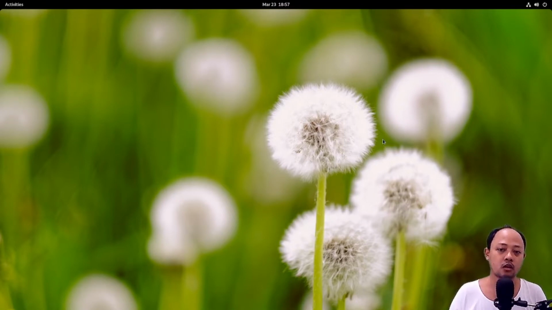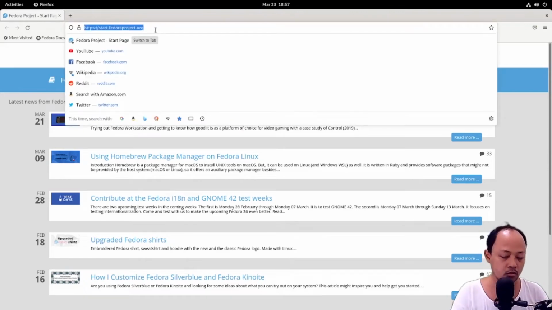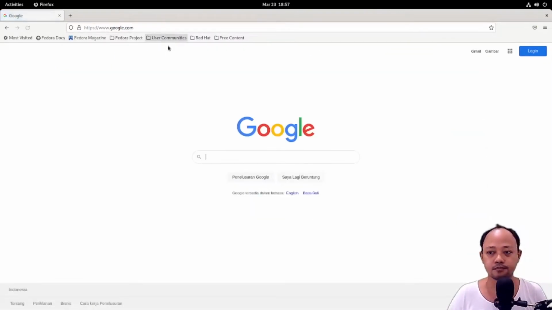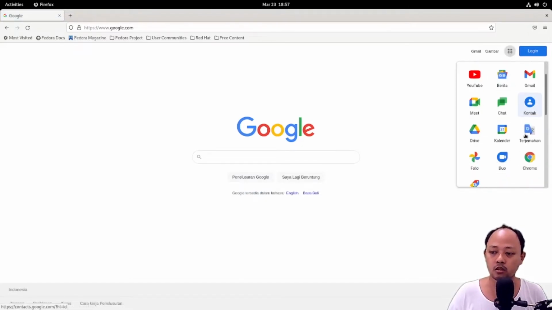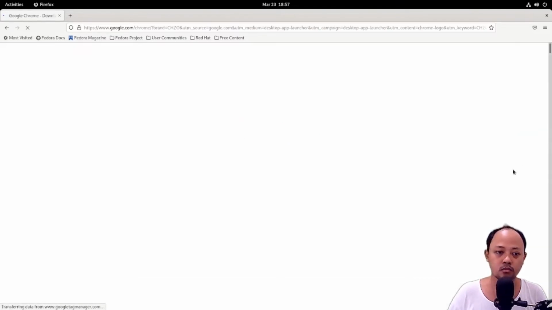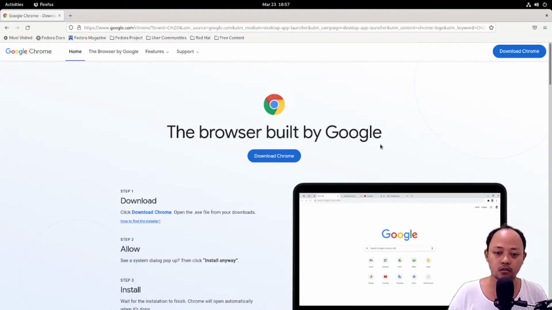Before we start the installation, we need to download the package first. The first browser that we will install is Google Chrome. Open the browser and go to google.com, and then click the 9 dots and click Chrome, and then there's a download button.